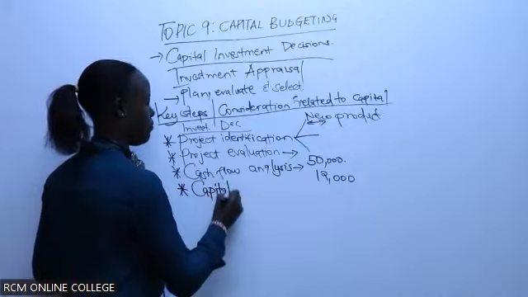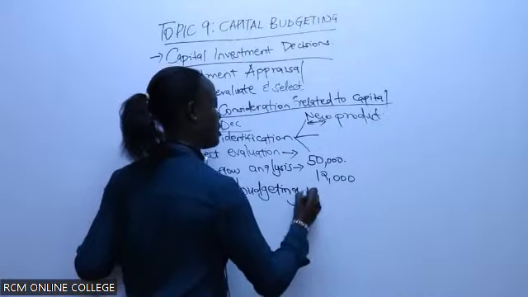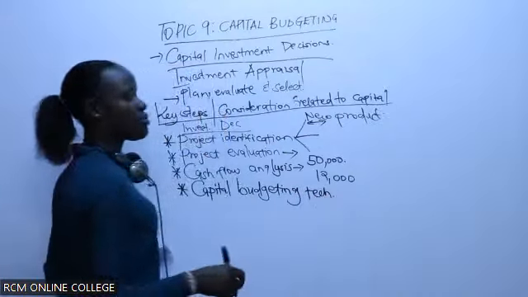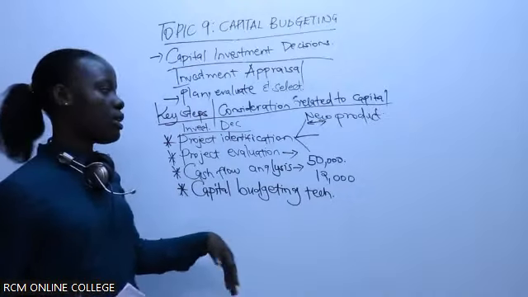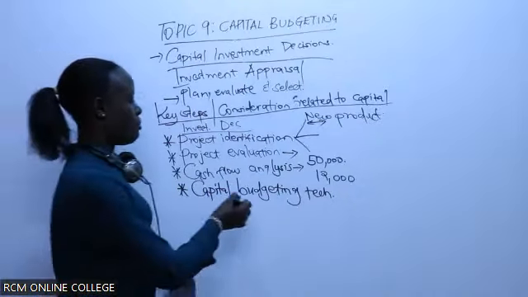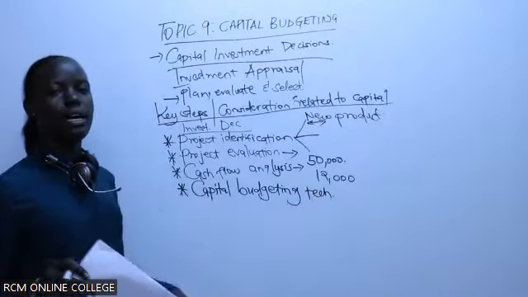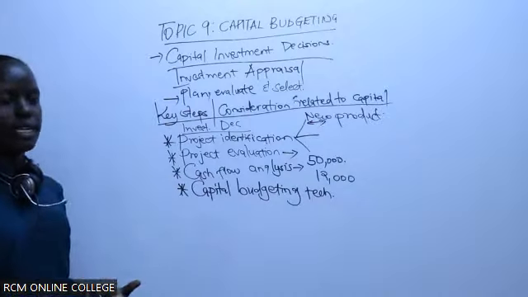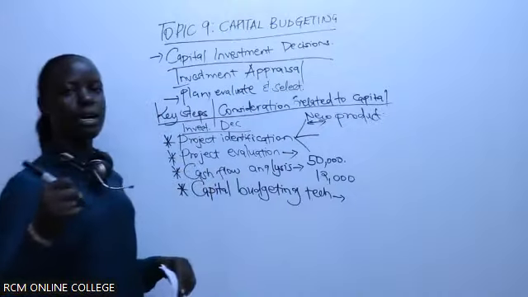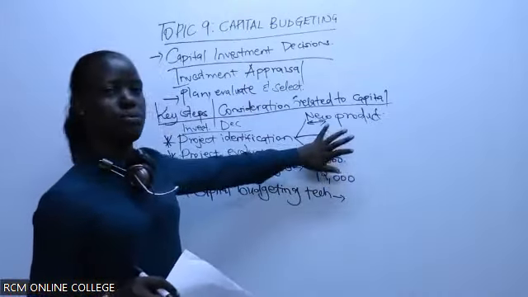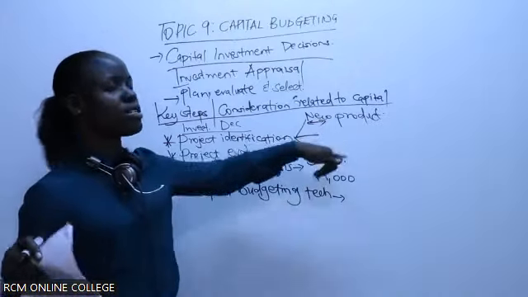The capital budgeting technique. Here is where you identify, are you going to go with the accounting rate of return? Are you going to go with the payback period? For instance, if we choose the payback period technique, how long, for instance, if you take up a loan from a company to launch this new product, you've done a project evaluation, you know the cost that you need to run this project to its completion.